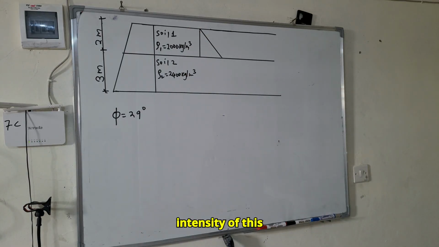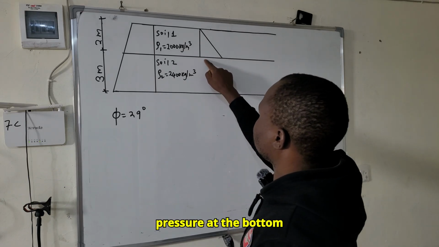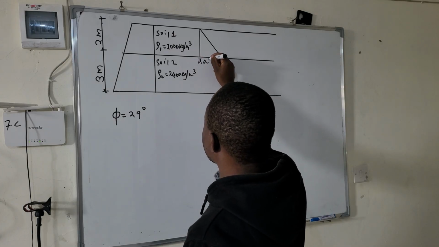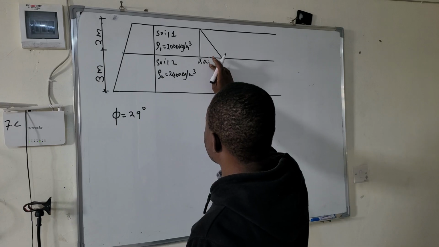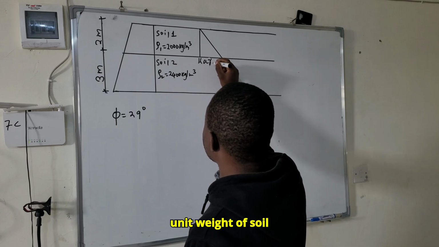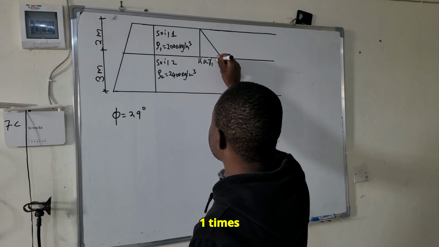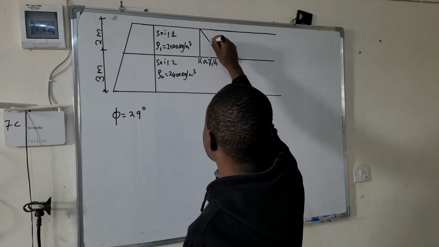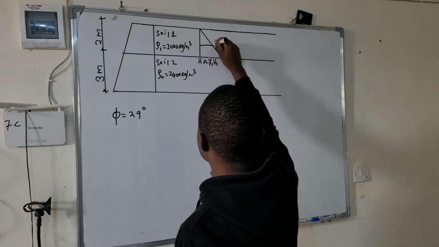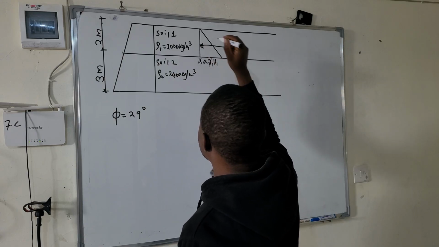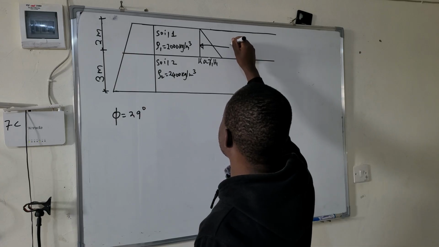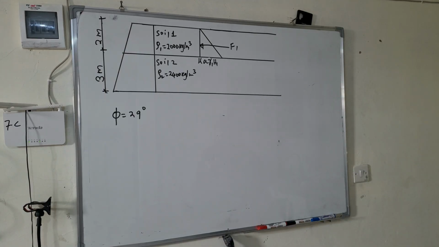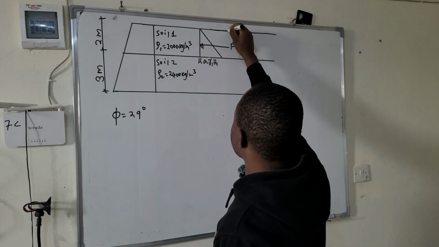The intensity of this pressure at the bottom is given by K A times unit weight of soil 1 times H1, and this will be the pressure, which is, let's call it force 1, and it will be acting at a distance of